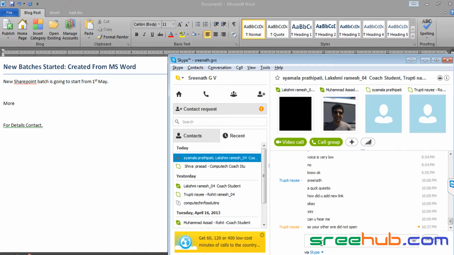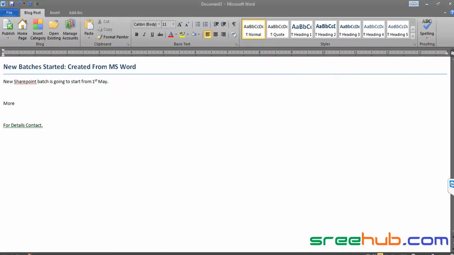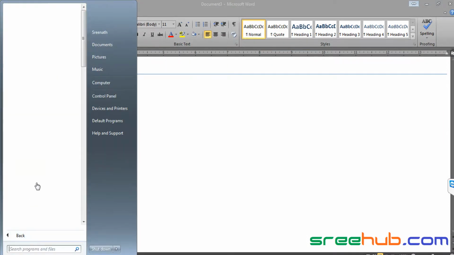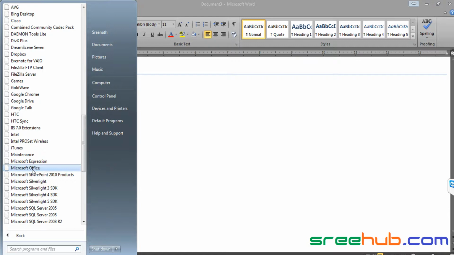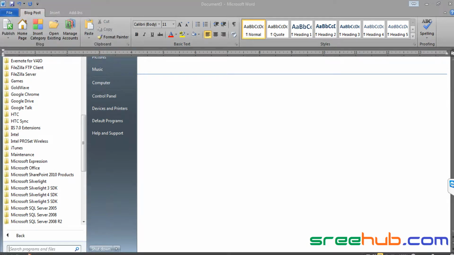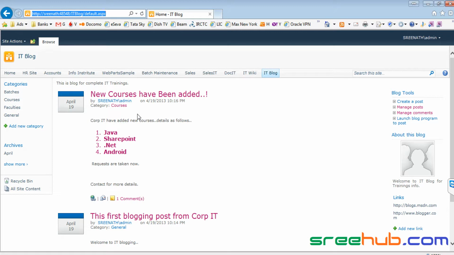What is that? Your other one did not open. I didn't get you, Trupti. No, I haven't done anything from SharePoint. I just opened my Microsoft Word, which is all programs we basically go for, right? We go into Microsoft Office and click on Microsoft Word. So that's how I've opened actually. But see the other side, copying the URL, the one where you copied your URL from one side to another, that one didn't open? Yeah, this is open now.